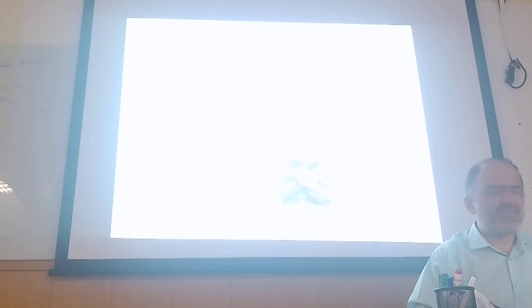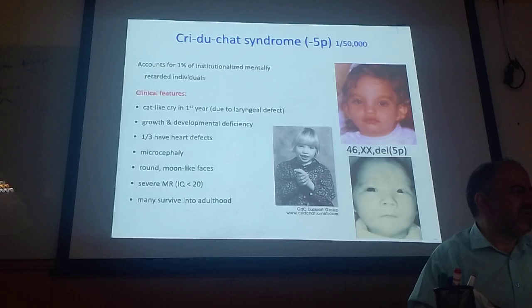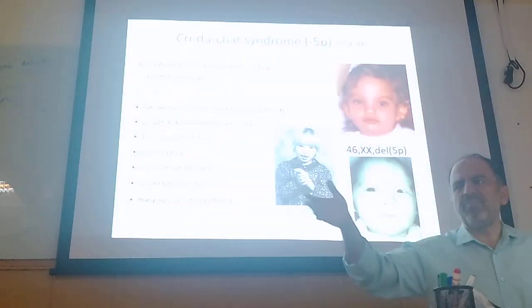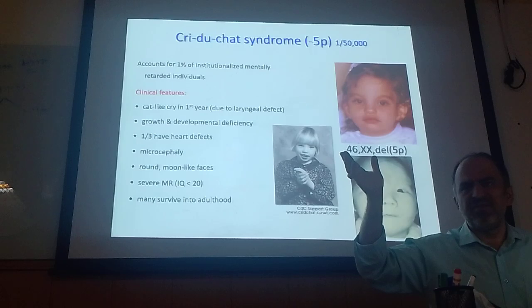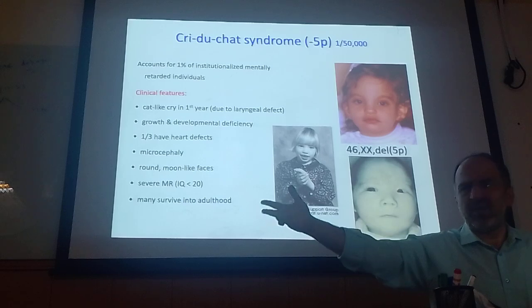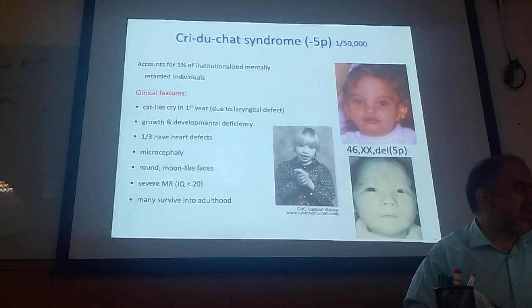Incidence is the same. Here the problem is that 1% of babies are institutionalized because they are very problematic for the family. The family says, oh, we cannot take care of this baby, let's give it to the institute to take care of the baby, because of the retardation. Usually they have a cat-like cry in the first year of the age of the baby, growth and developmental deficiency,